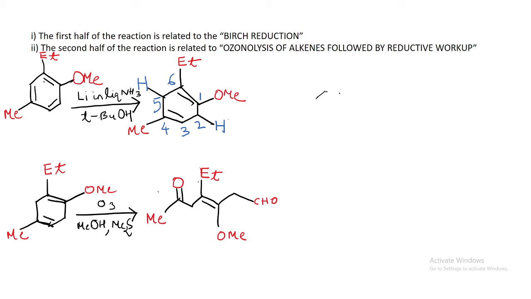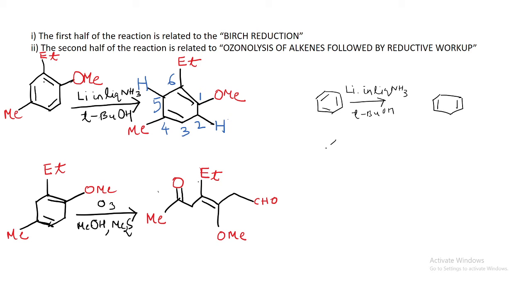cyclohexadienes. So if we have, say, benzene, and if we use a reagent lithium in liquid ammonia in presence of tertiary butanol, we will get cyclohexadiene as the product. But if there are substituents in the ring, there will be influence of substituents on the formation of